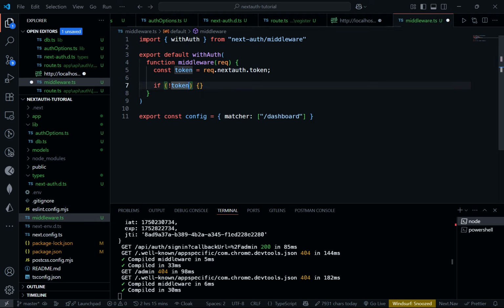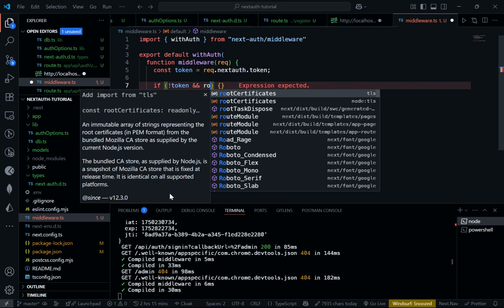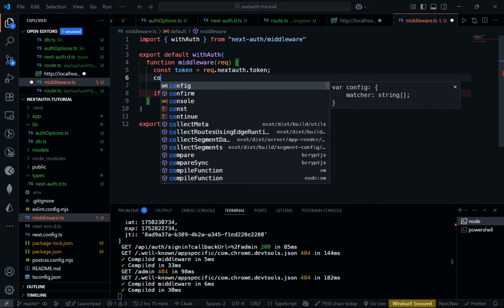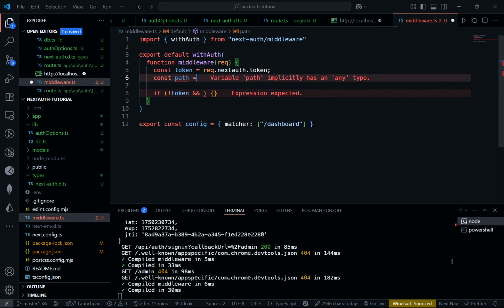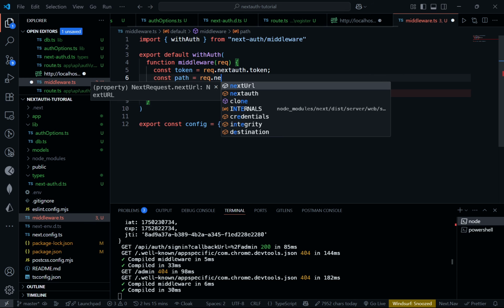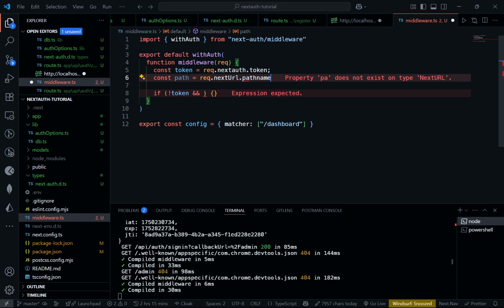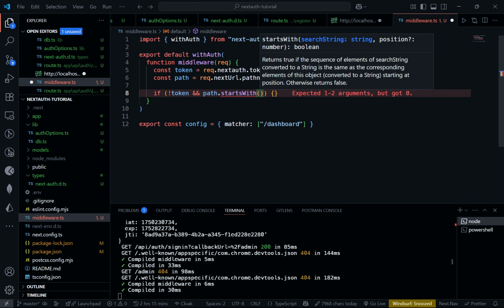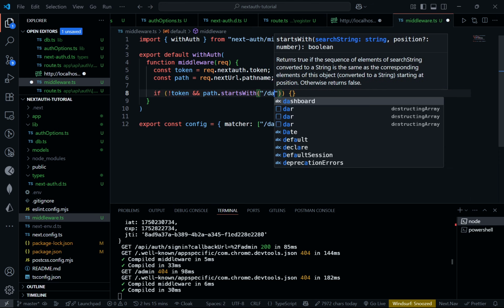If not of token, ampersand, const path is equal to request dot next URL dot pathname, and path dot starts with